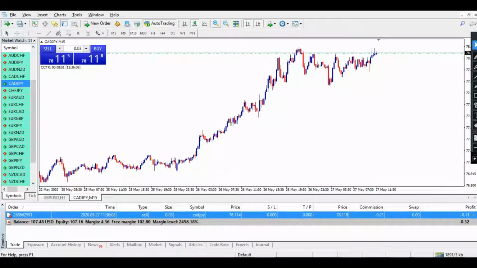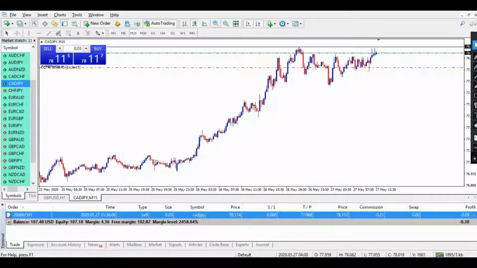Okay, I placed a sell order, and my take profit will be in this place, which will be 14 pips. And if the price breaks out of this particular zone and creates a candle like this bearish candle, then I will definitely close my trade in loss. So this will be my last trade for today, and I hope this will be in profit. Till then, I am going to pause this video and I will get back to you in a couple of minutes, and I will let you know what happened to this trade.